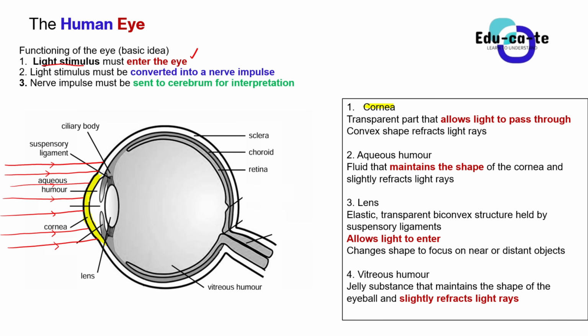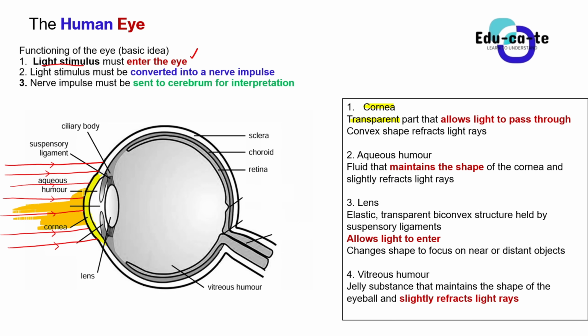The cornea, just this section here, is a transparent section. So the cornea is very transparent. It means that it can allow light to pass through. When you say that something is transparent, it just means that you can see what's on the other side of that thing. So in this case, the cornea is transparent. So when light rays are coming towards you, when light rays are trying to enter your eye, the cornea allows the light rays to enter. This is the cornea, this part that is transparent, and it allows light rays to pass through.